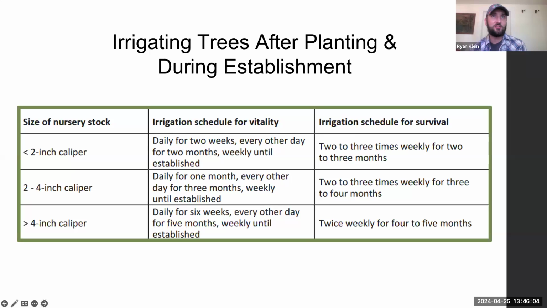And when you get a larger tree, for vitality it might be daily for 6 weeks, every other day for the first 5 months, and then weekly until established. So this is in the grades and standards book. If you just Google Florida grades and standards, there is a free PDF you can pull up and just do a word find for establishment, and there will be recommendations in there.